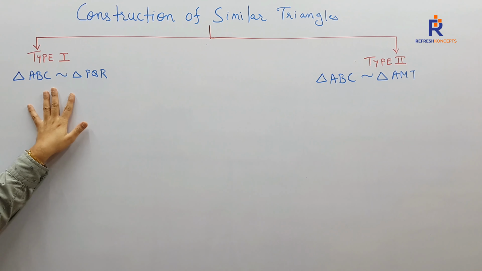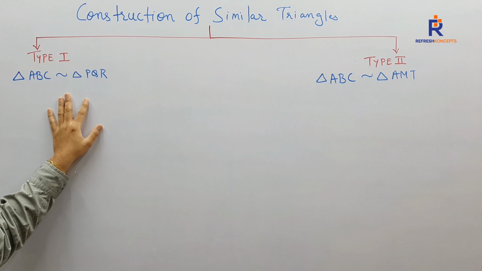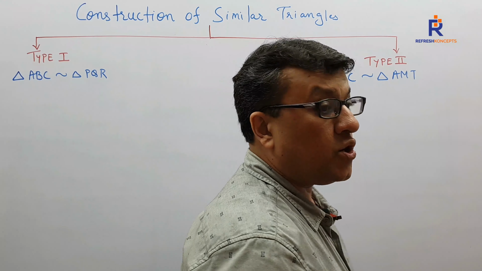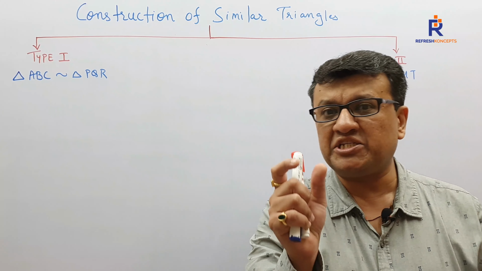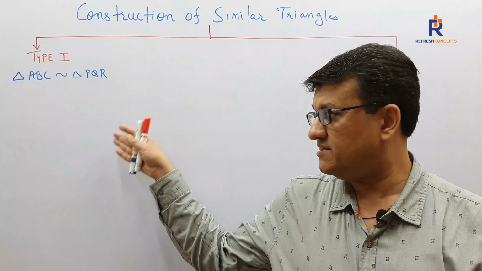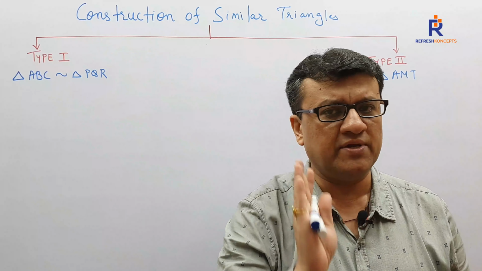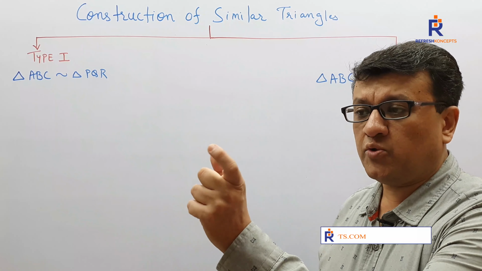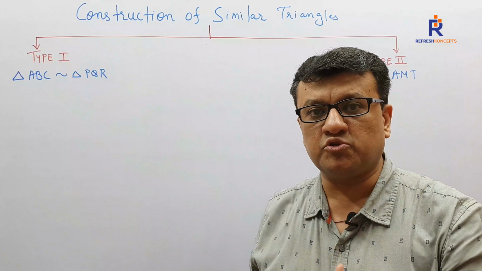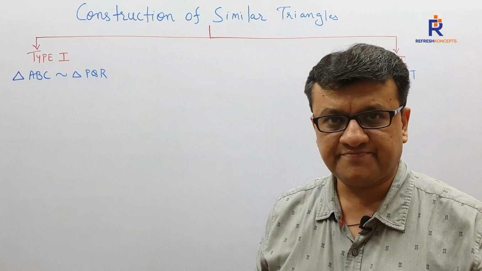Now, I have written down something over here and I want you to realize from your side what lies in the difference between type 1 and type 2. Means, what will be given in the question, by which just looking at the question, you'll be able to say, okay, fine, this is type 1 and I need to do it. I am going to make you understand how you need to do type 1 and type 2. But my children, always, I want you to look at the question and tell yourself this is type 1 and this is type 2. And if it is type 1, I need to proceed in this way. If it is type 2, I need to proceed in this way.